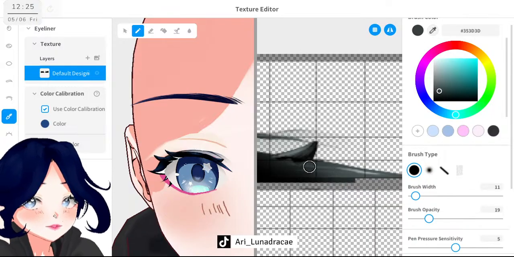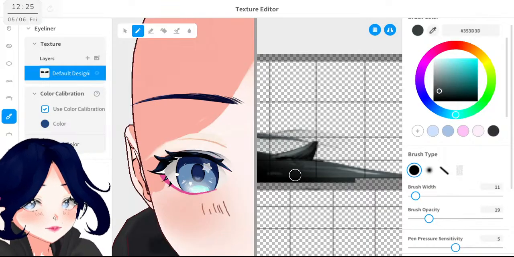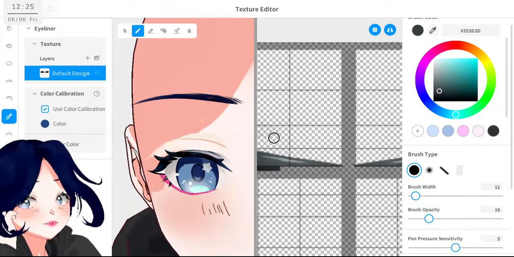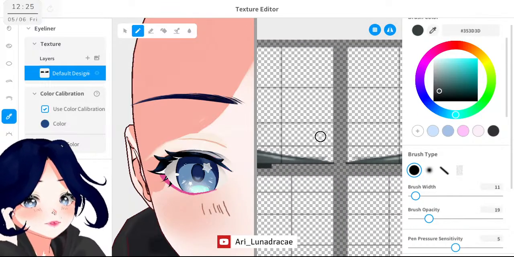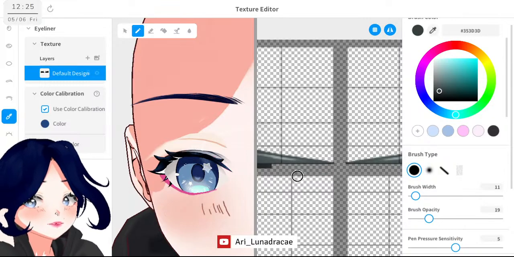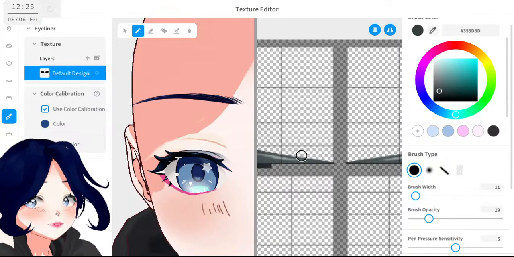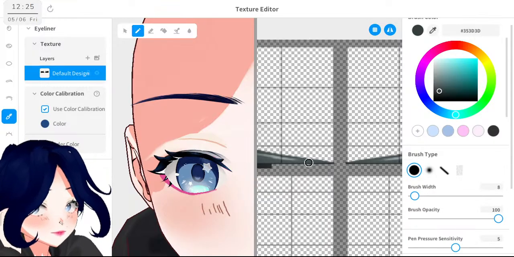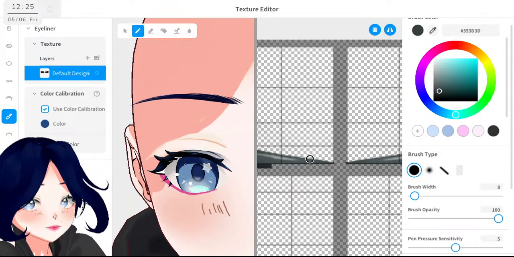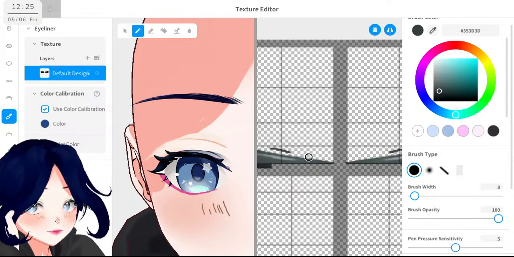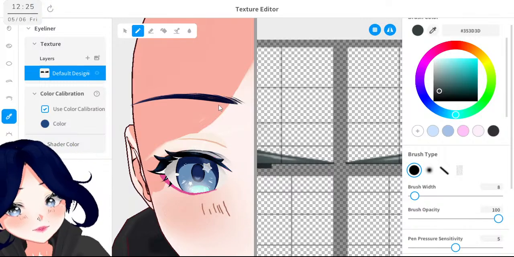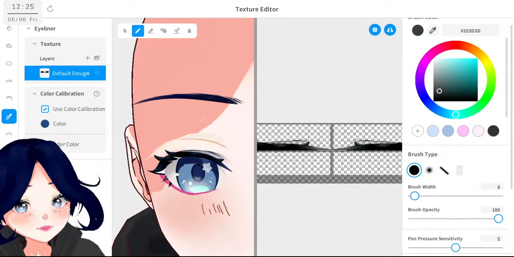But this one should follow this color. Okay, I think that's good enough for the upper part.